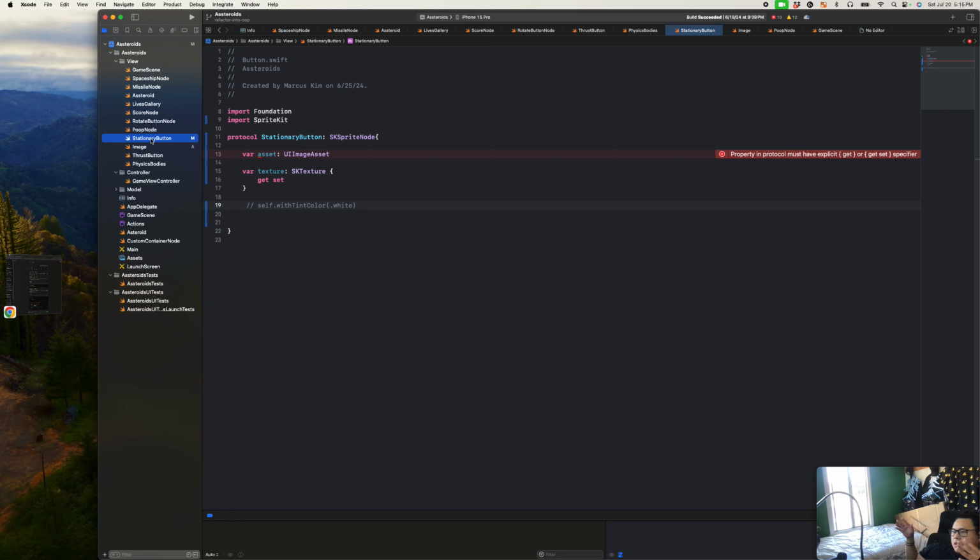We want to accept an image, and it can be either or. So what I want to do is write one conditional statement that can accept both a UI image and also